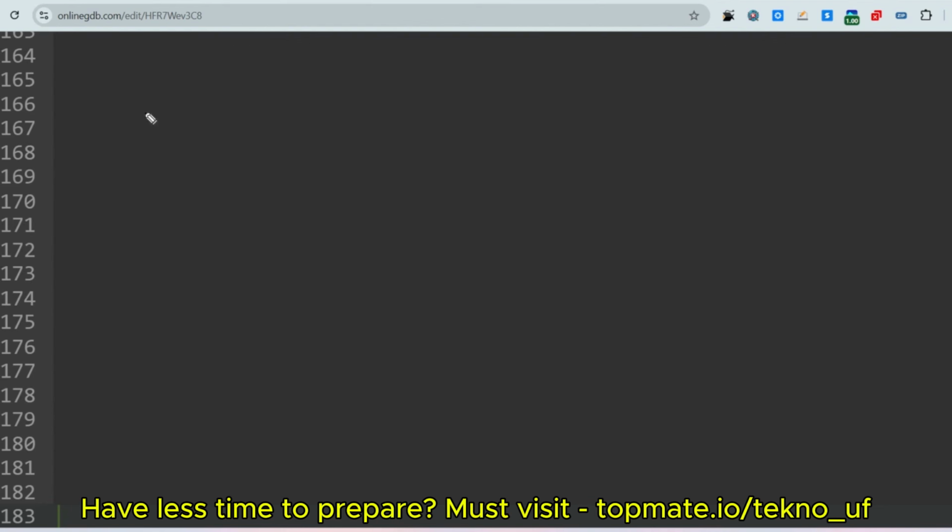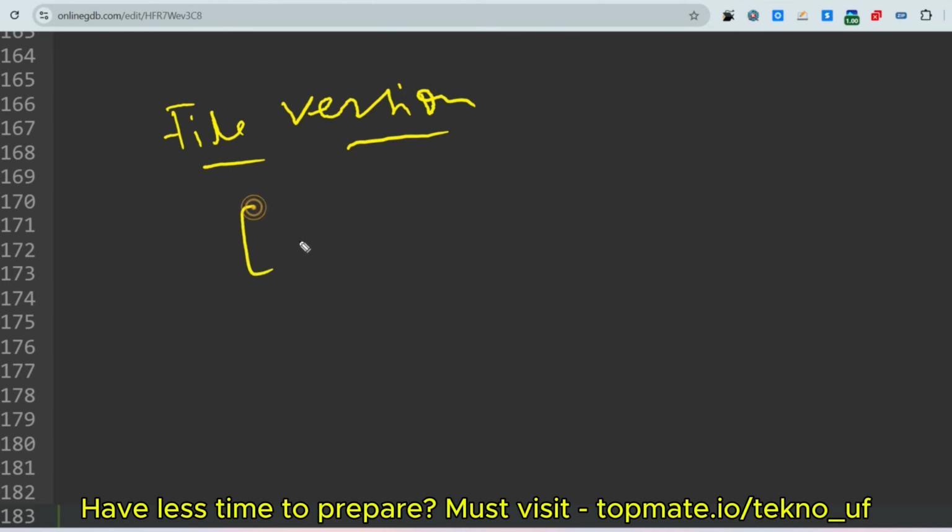Okay, so the next question was regarding file version. Okay, file version, and this is an advanced coding question, I think. So file version was something like, you'll be given one array. Here it will be mentioned like it is file 1, it is file 2, and let's say it is file 3.